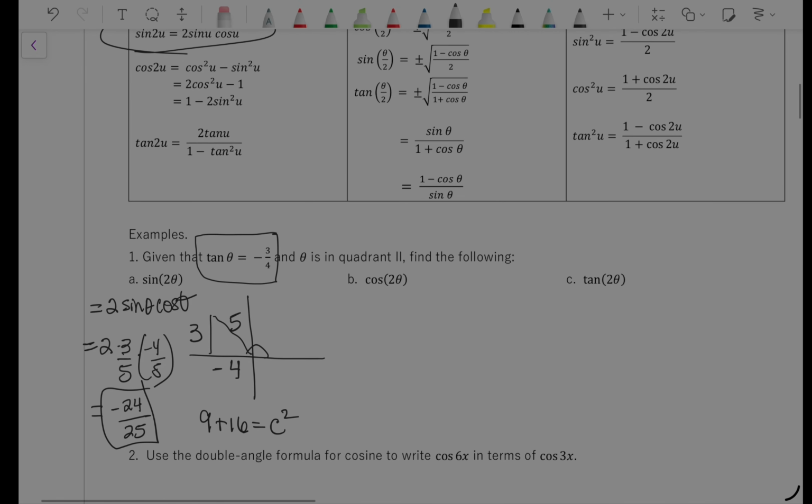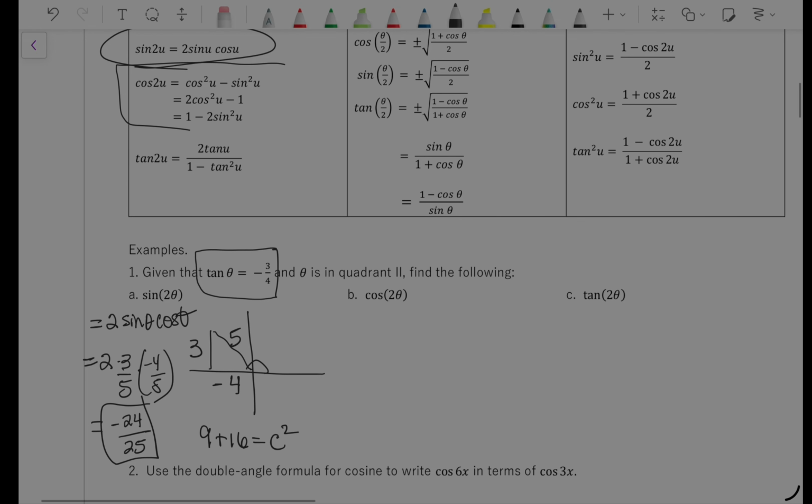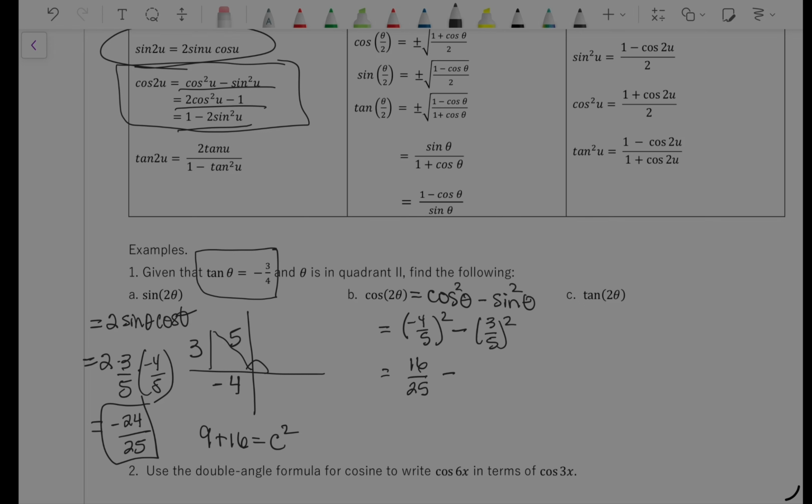For cosine of 2 theta, I can use any of these 3, whichever one I want. I'll probably just use the first one. Okay, for this one,